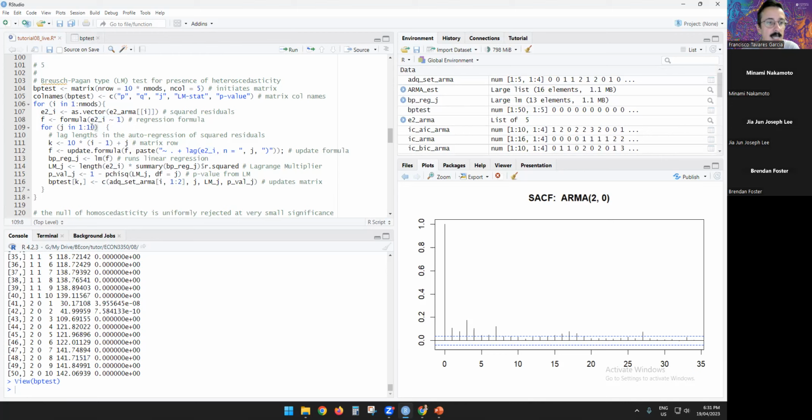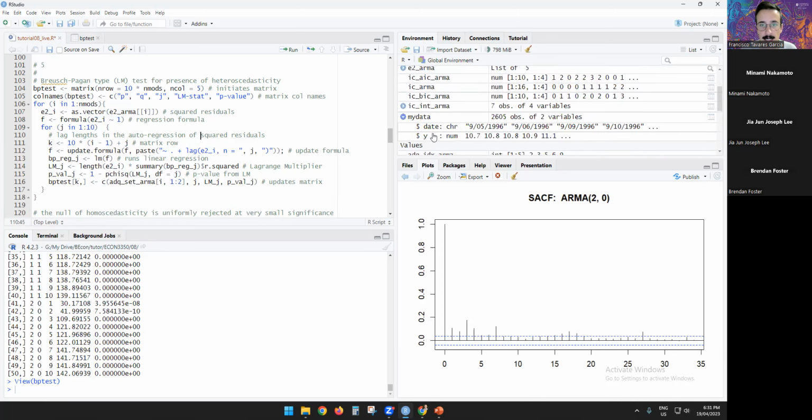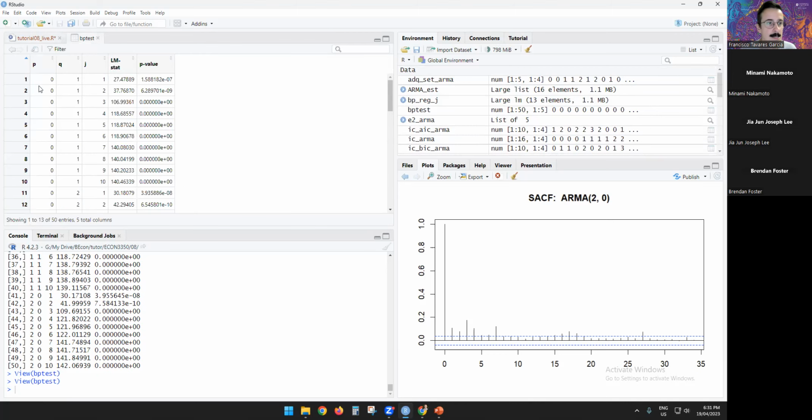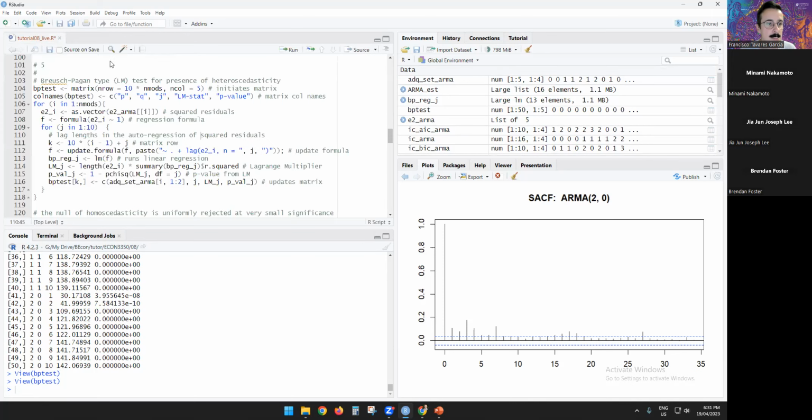Then here, J, from the first leg until 10 legs, we're going to do the following. K is the matrix row. So this K here, where is it? Where was our matrix? BP test. It will be going from 1, 2, 3, 4, 5. And there is a little bit of a calculation going on, but pretty much it will be the first leg,